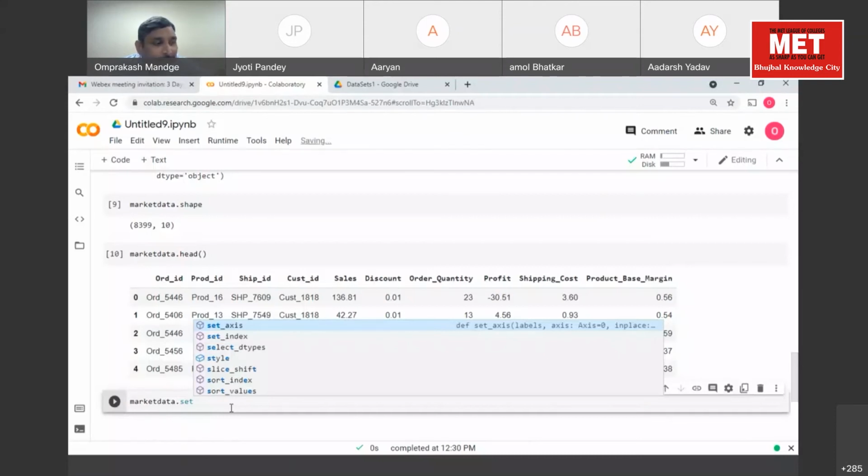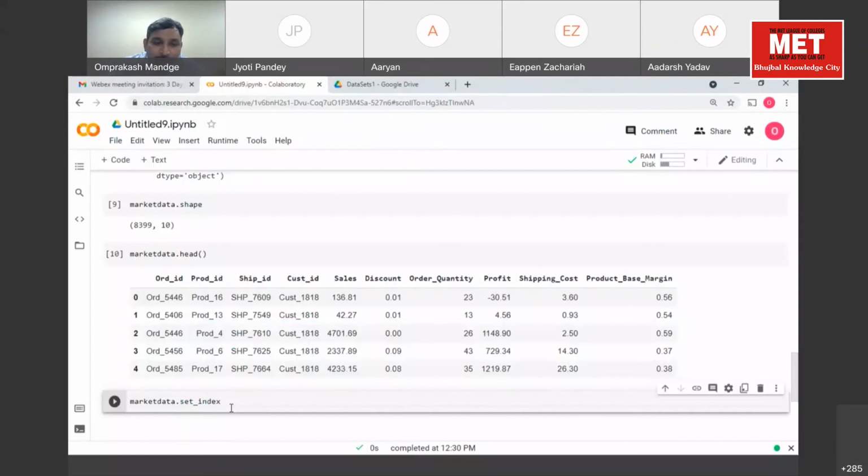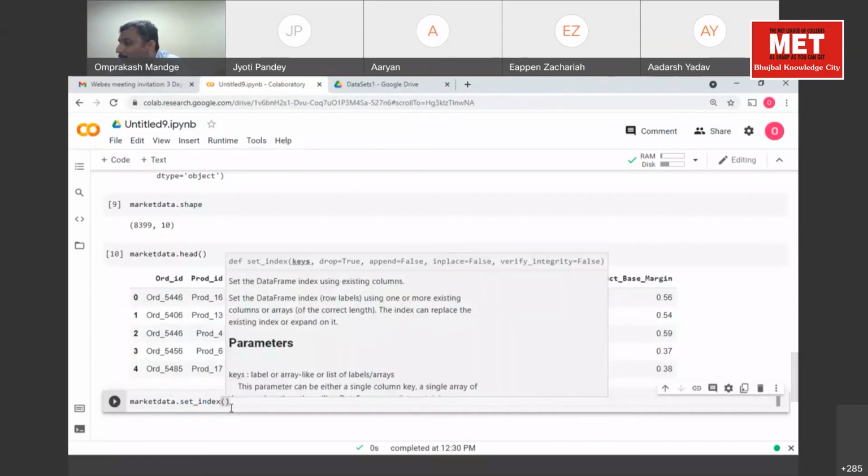So, set_index. Now tell me what I should specify in set_index. Which column do we want to set as index? Order ID.